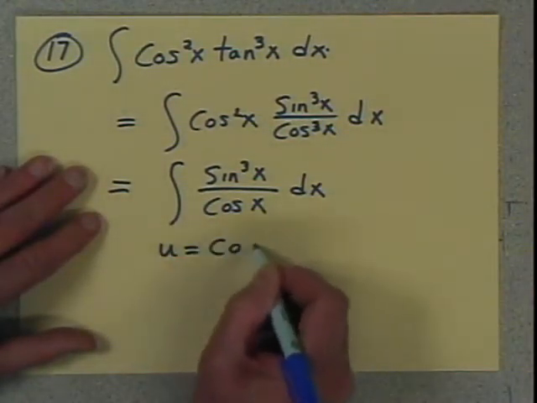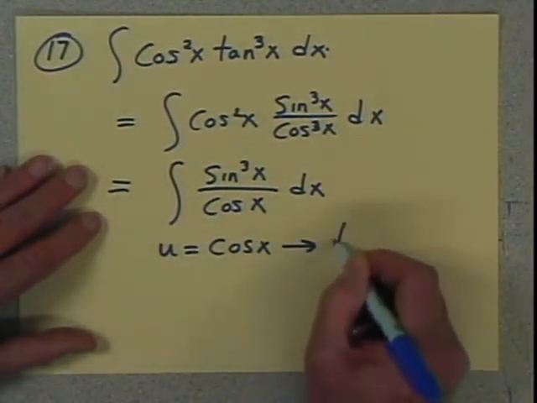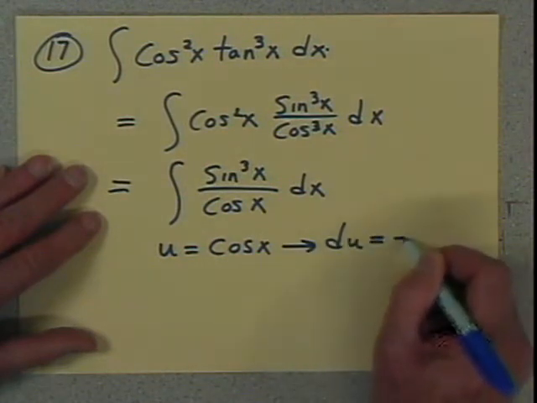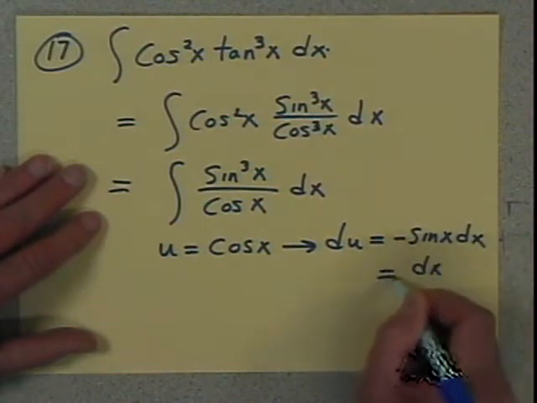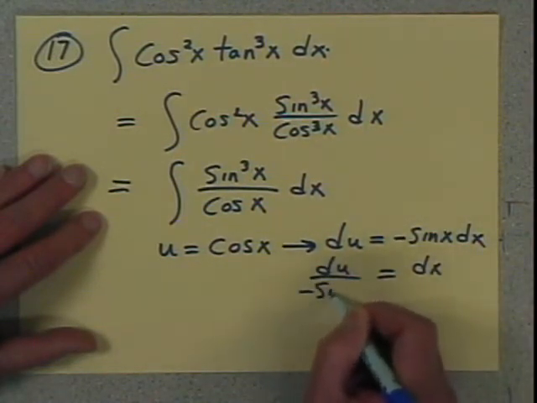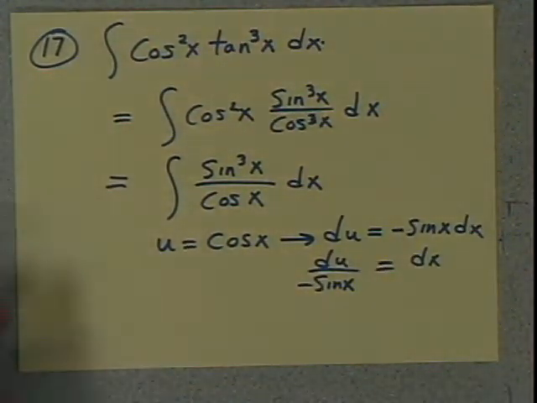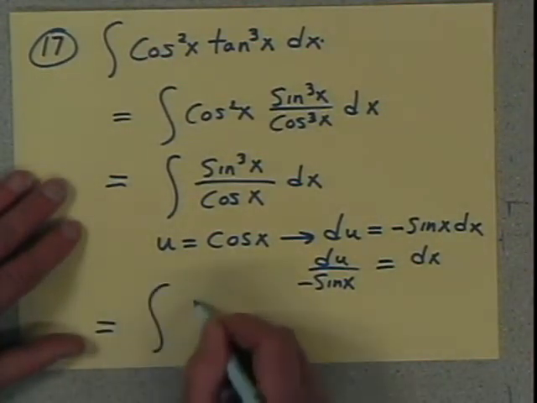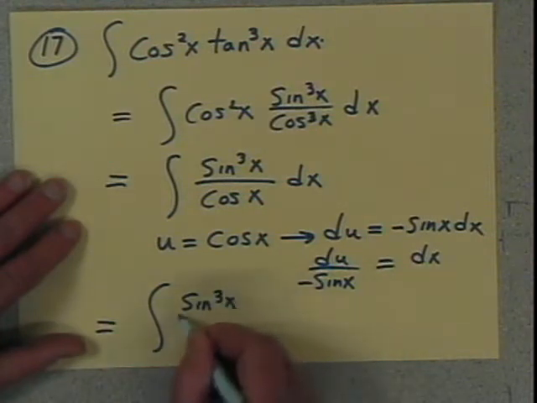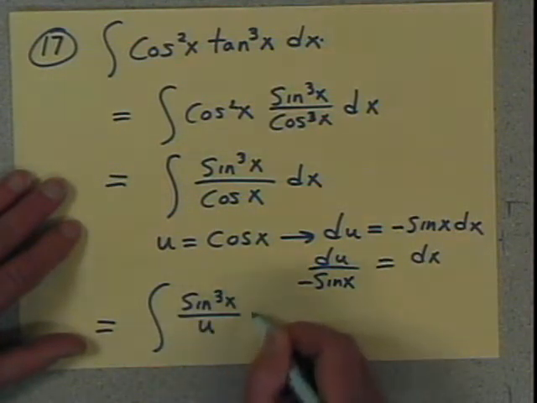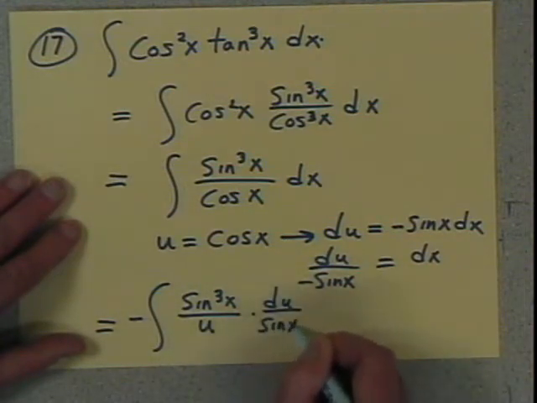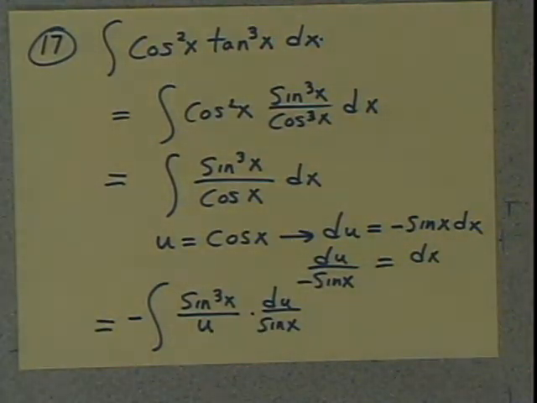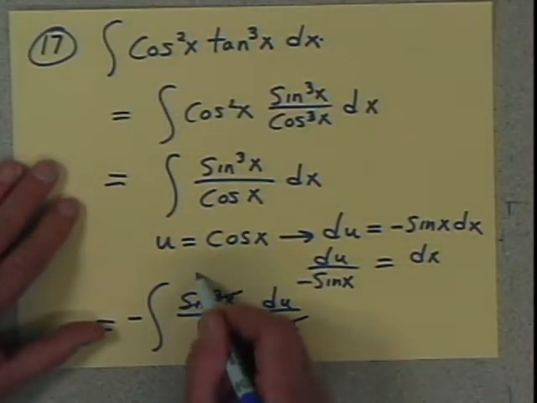So u equal to the cosine implies that the du will be minus sine x dx, which means the dx will be du over minus sine x, if you want the algebra to be clear. So you end up with sine cubed x over u times, well, I'll put the minus out front, du over sine x, moving that minus out front, that's part of the dx. And then just like he said,